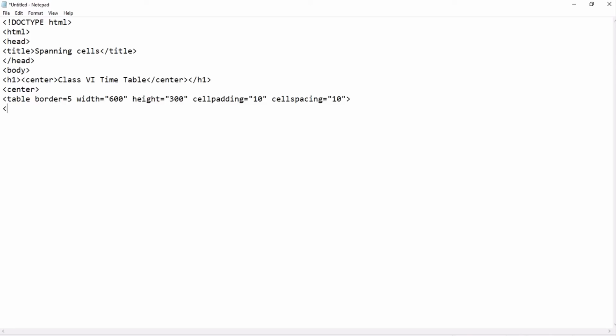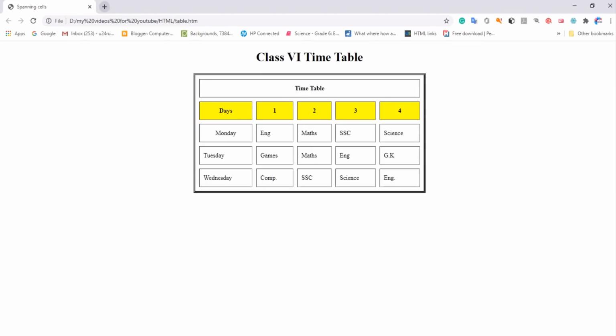So let's start again. I am writing here TR. Then enter. I am writing TD, that is my data. V align. Now I am vertically aligning my data. Clear? So V align is equal to top. You can see here I am giving the alignment. Width is equal to 300. I will close this. Then after that I have to write down the data here.